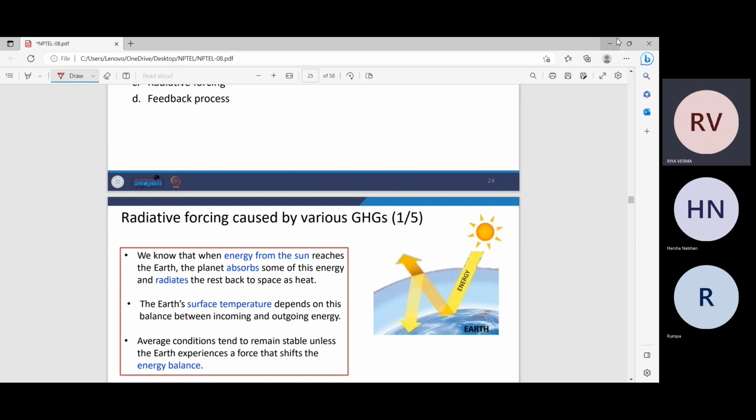I guess there's some confusion here. Yeah, it will be radiative forcing only